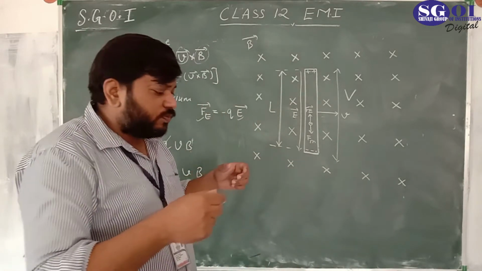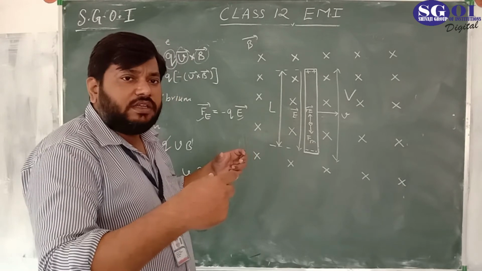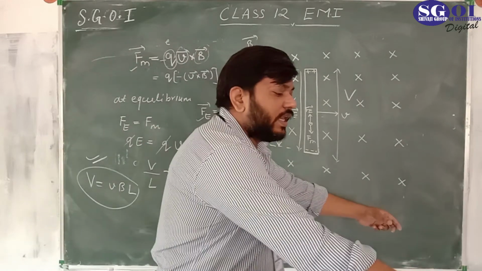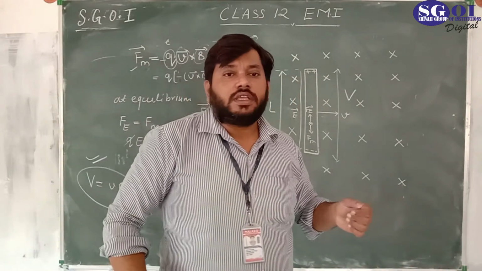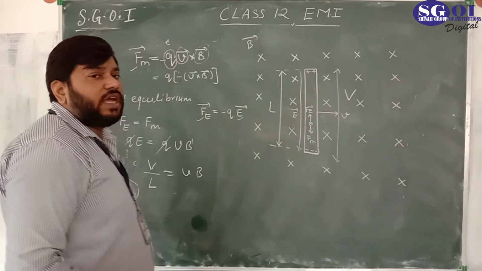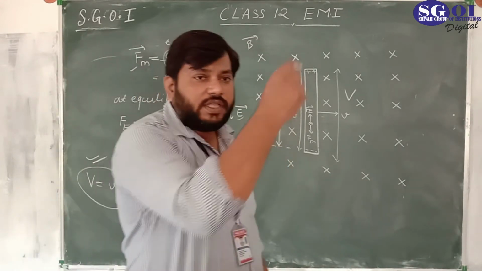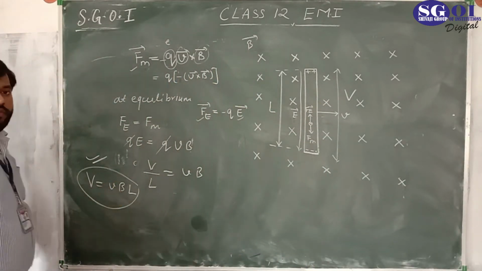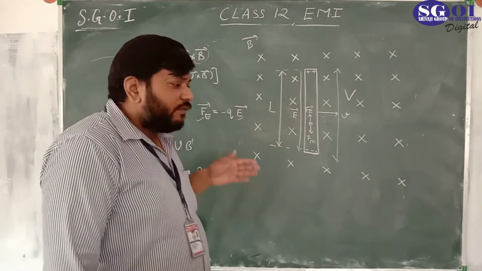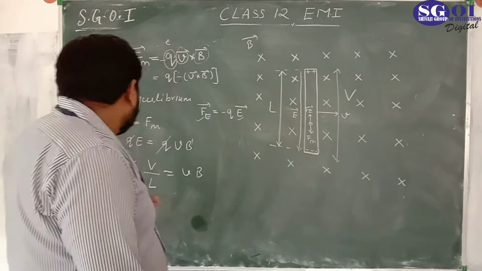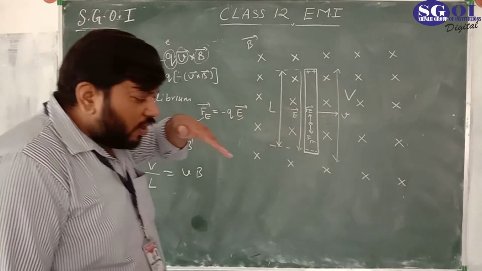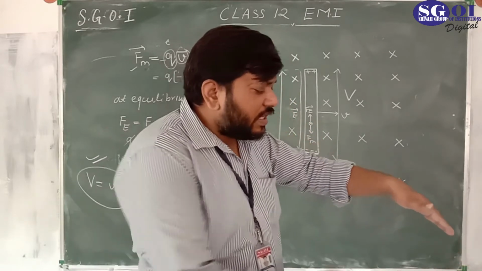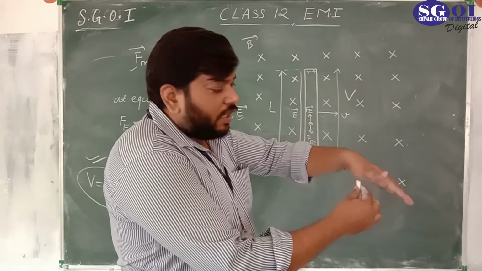But it could also be possible that this is the conducting wire and the magnetic field is normal, and this wire is moving like this in an inclined way. Then in that particular situation, the angle between V and B is not 90. There is some different angle, that is theta. So in that case, we have to clarify which component of velocity matters, because the object is moving like this. Velocity is in this direction and the magnetic field is perpendicular.